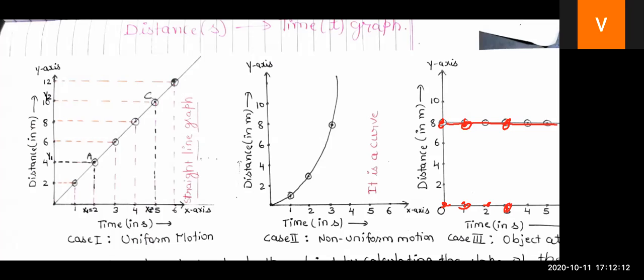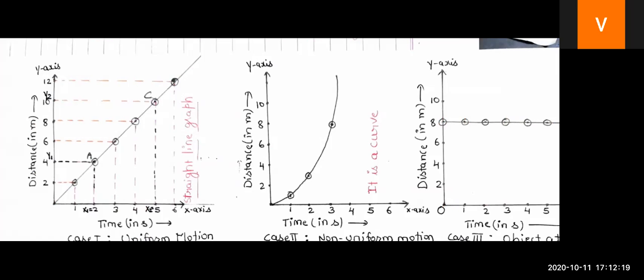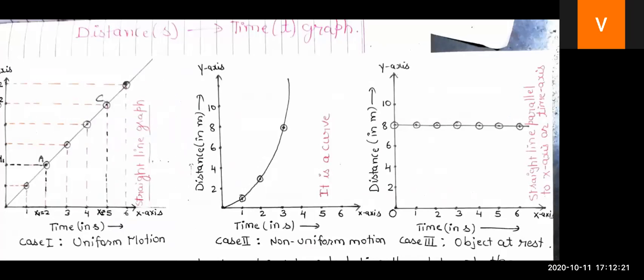So what does it prove? It shows that your object is at rest. Your object is not moving. It is at rest. So when the object is at rest, we get a straight line which is parallel to the x-axis. So you can see here our graph line, that is this blue line, is parallel to the x-axis,